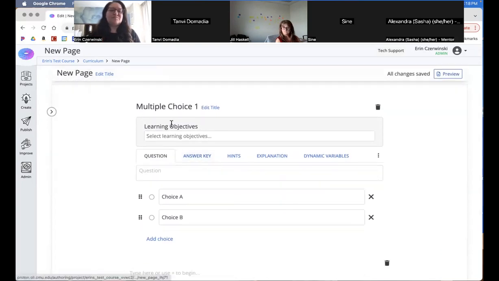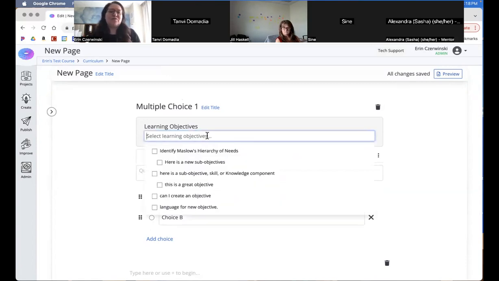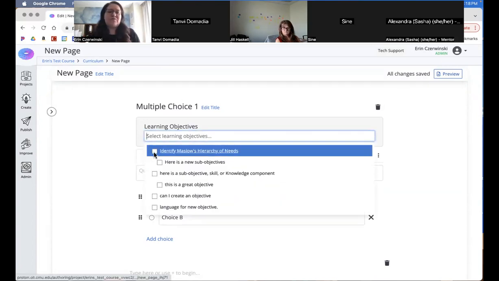And then if you move to sub-objectives, attach those to the assessment items, because you're really trying to indicate what you're measuring. You can have multiple learning objectives for any given assessment. So say I have a scenario-based or a high cognitive level type assessment item.